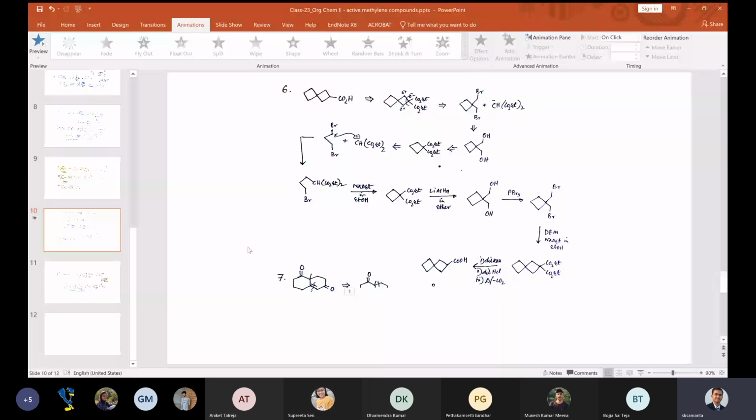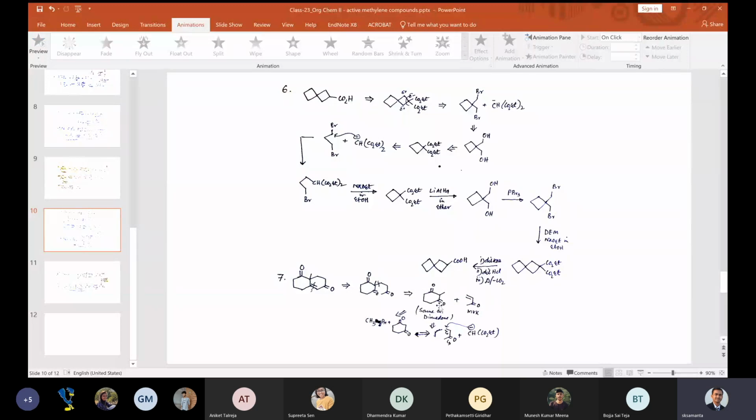Okay. So yeah, it is very simple. You know this example; it was there when we were learning Robinson annulation and also intramolecular aldol condensation reactions, correct? You cut it first here, you put a double bond here and CH3CO here, okay? Something like this. Then you cut it from here, you get methyl vinyl ketone and this compound. This methyl group can be easily removed because this compound is kind of an active methylene compound.